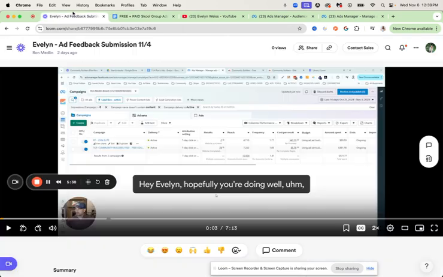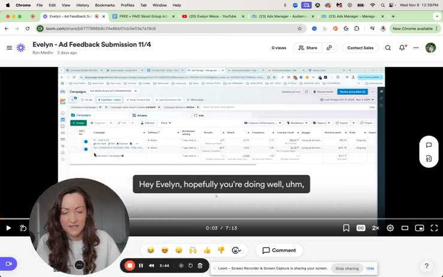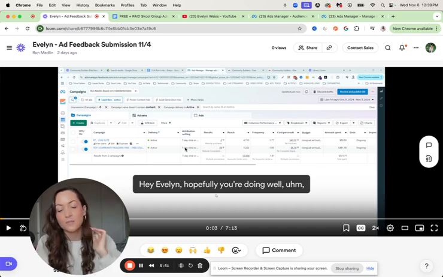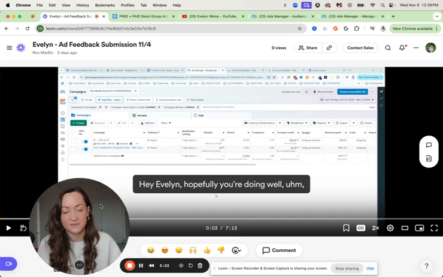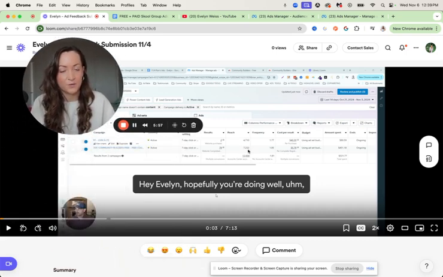Okay, and so this is what you see in his account. This is the exact initial setup. Okay, now let's talk about what he has going on, because he submitted because he wants to optimize this current setup that he has. So when we are looking now at the top of funnel campaign, where he is driving